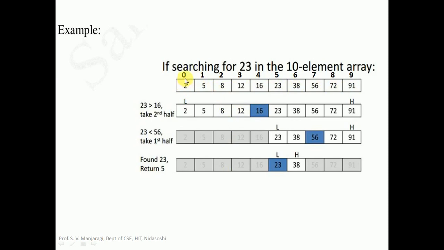If you look at the array index starting from 0, 1, 2, 3, 4, and so on, the last index will be 9, that is array size minus 1. If n is the array size, then it is equal to 10 because it is having 10 elements. The last index will be n minus 1. So here we need to take two indices, low and high. Low is the index pointing to the first index, that is 0, and high is pointing to the last index 9, that is n minus 1.